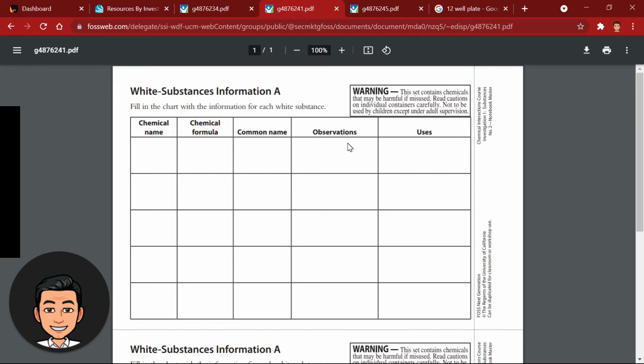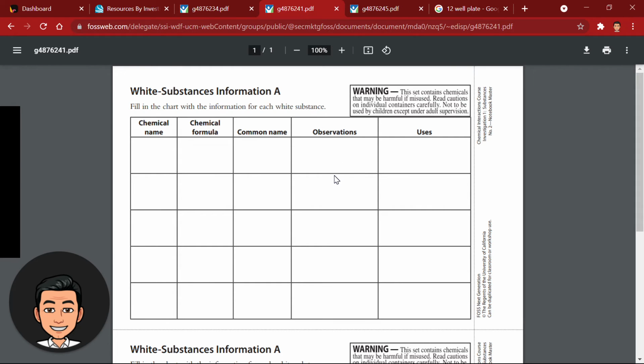What do we observe about this substance? Is it rocky? Is it crystally? Is it grainy? Is it clear, opaque, white? Are they large particles, small particles? Are they flaky? All those words can be used to make our observations. And lastly, we looked up what each of these substances were used for. So at the end of it, we had 2 sheets, A and B,